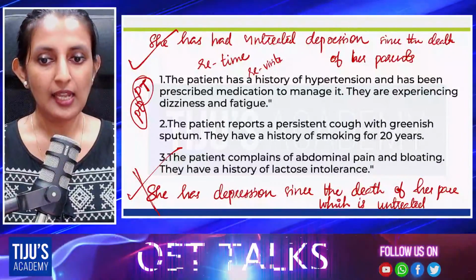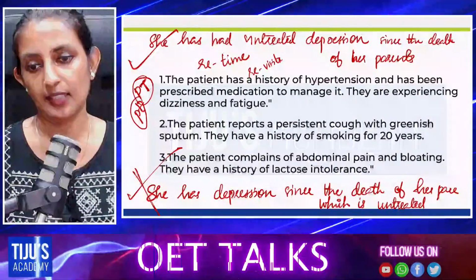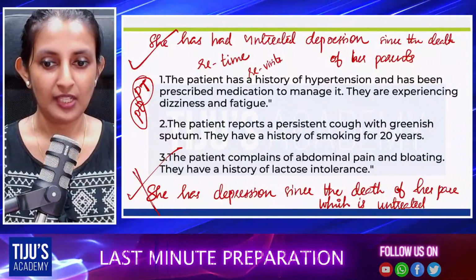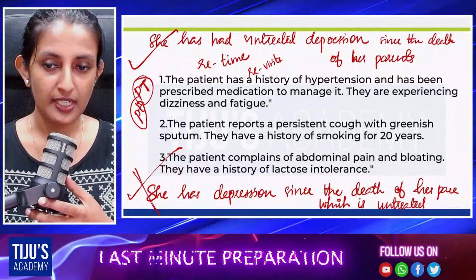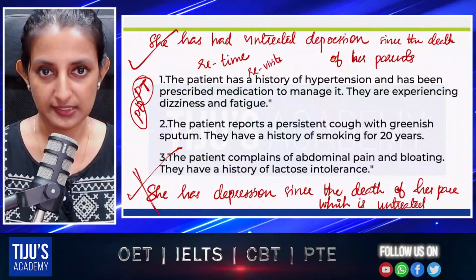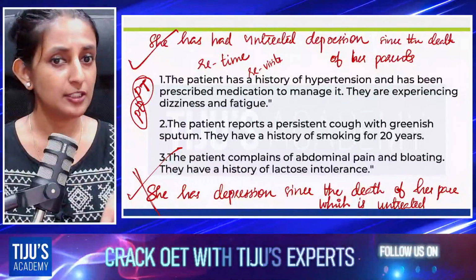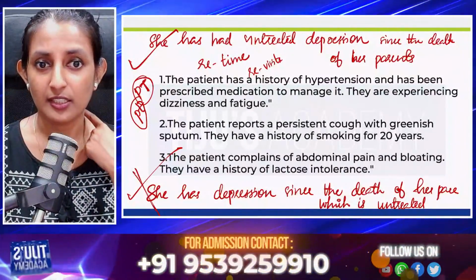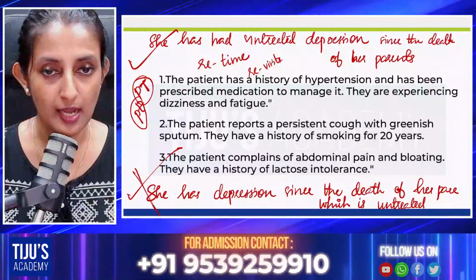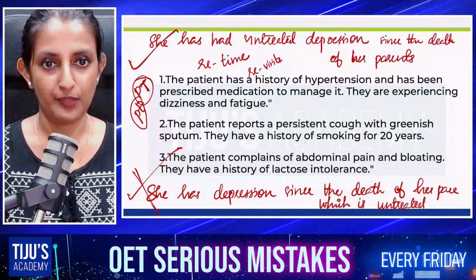But on the other hand, admission date ഉണ്ട്, reason for admission surgery എന്ന് തന്നാൽ എന്തെഴുതാം? She was admitted for the surgery. I hope it is clear. If the reason for admission is surgery, then you can write she was admitted for the surgery. If there is a surgery and an admission date, but it is not mentioned that she was admitted for the surgery, reason for admission സർജറിക്ക് വേണ്ടിയാണ് എന്നുള്ളത് പറഞ്ഞിട്ടില്ല എങ്കിൽ she was admitted and underwent the surgery എന്ന് പറയുക.